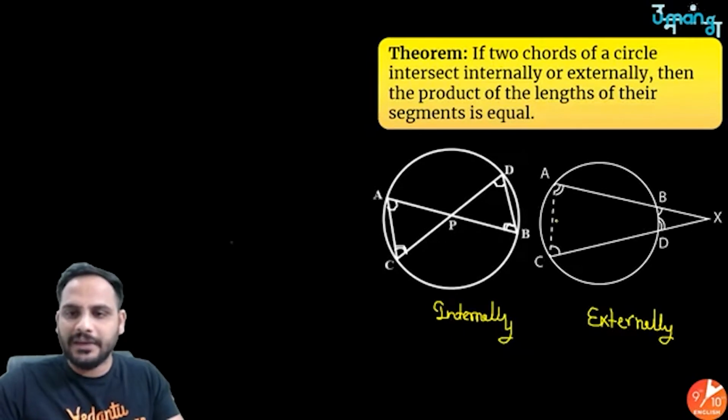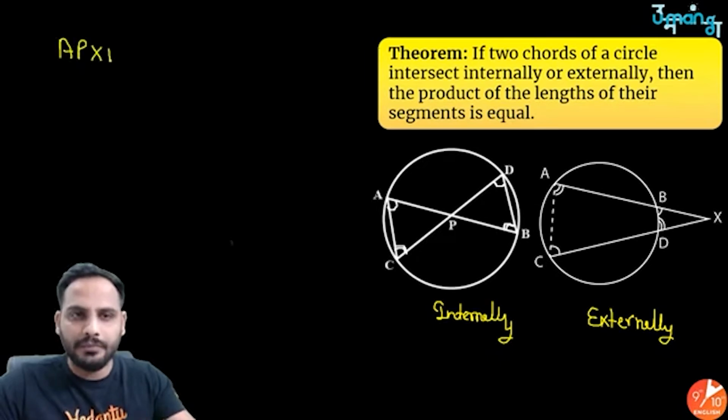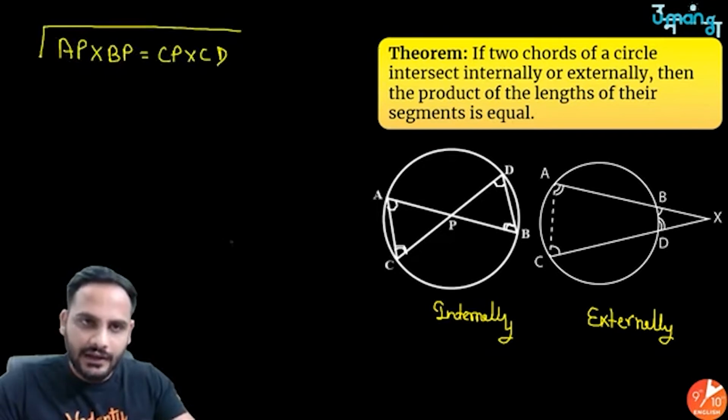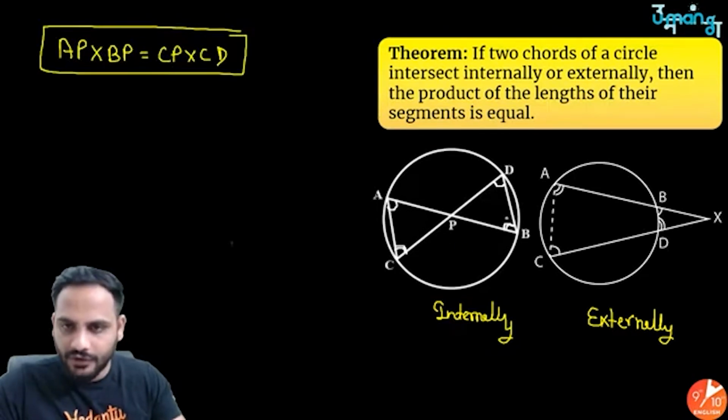This theorem can be proved by proving these two triangles similar and these two triangles similar. So the result is AP into BP is equal to CP into CD in case when the chords are intersecting